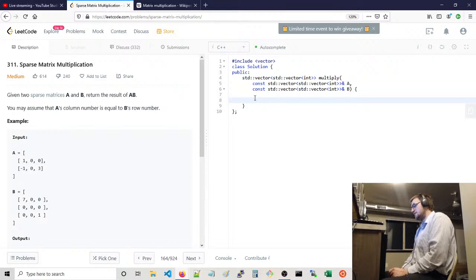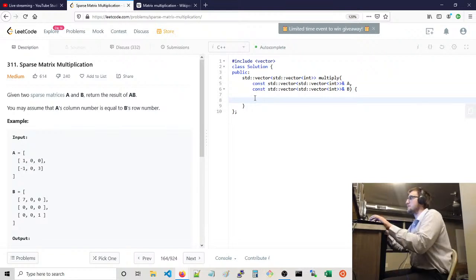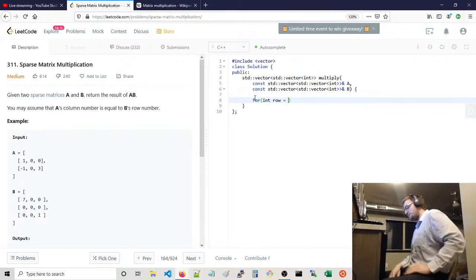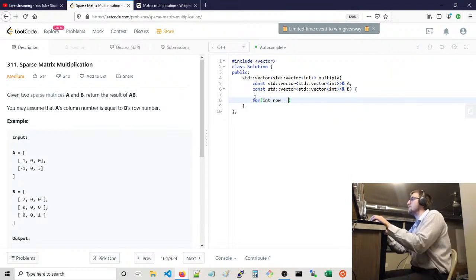So we'll do that. For each row of A, you're going to loop through each column of